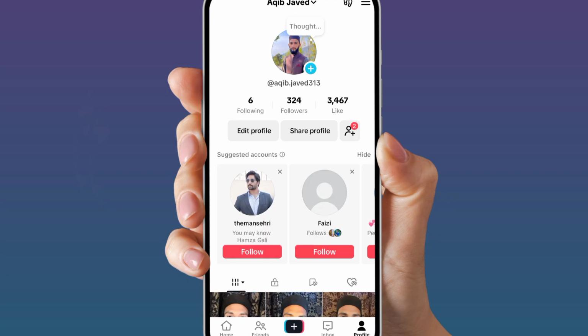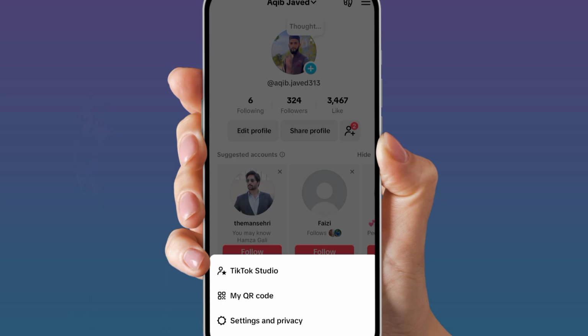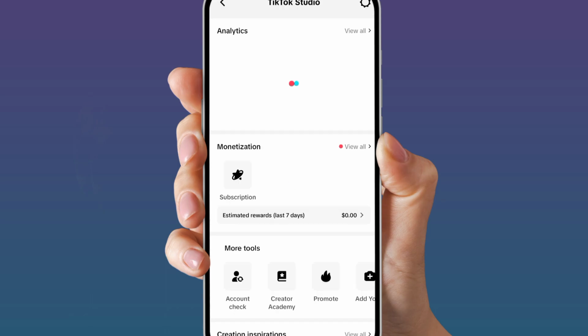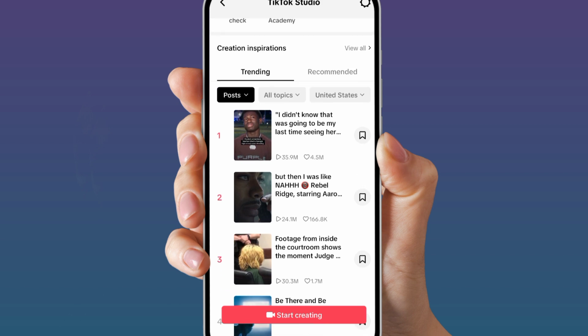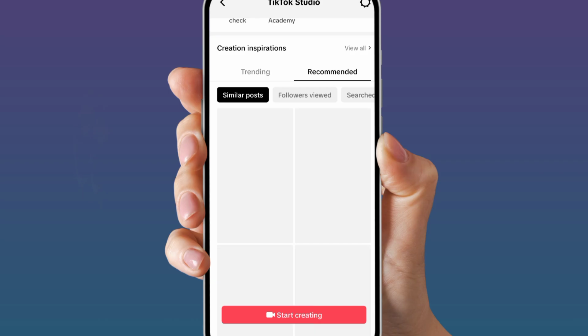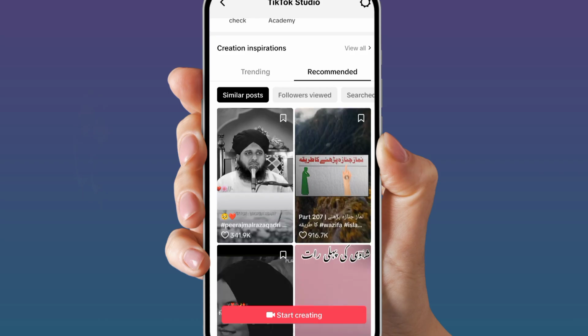Just click on these three horizontal lines and go to TikTok Studio. Now here you can see at the bottom, scroll down. Here there are two options. The first one is trending and the second one is recommended. You can search or explore both of these options, but in order to find the trending videos, just click on